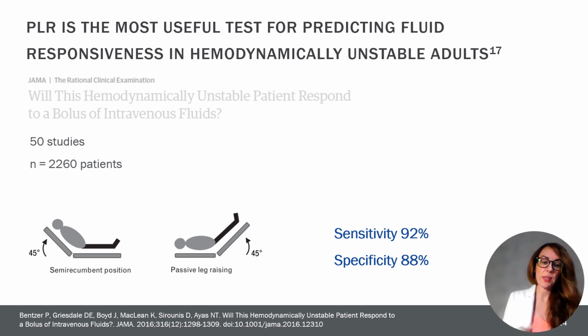And then what happens is you get that venous return that shoots up through the IVC and hits the heart really, really fast, actually. This happens much faster than I even originally knew. When I started doing this, I had no idea that a lot of patients will reach their maximum stroke volume index in 90 seconds or less. So it's very fast and it's very accurate. The sensitivity and specificity is on par with other diagnostic tests that we use, like troponin. It's a really, really great test, very sensitive, very specific